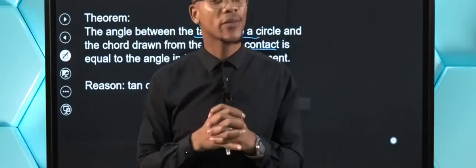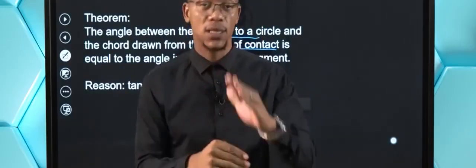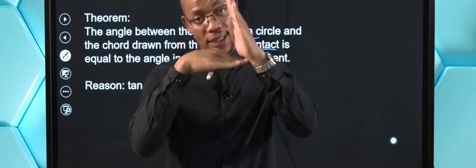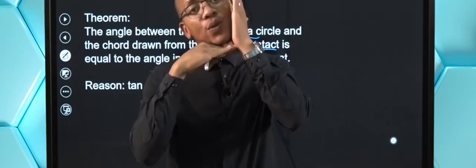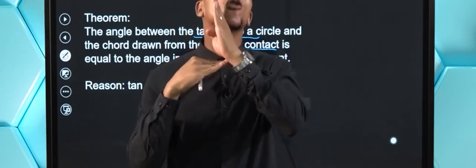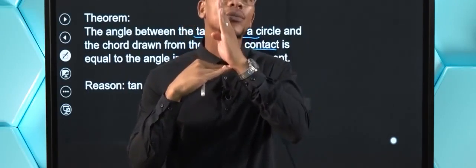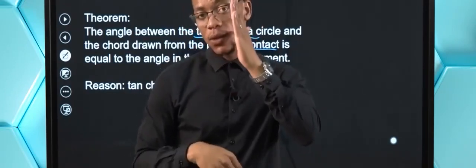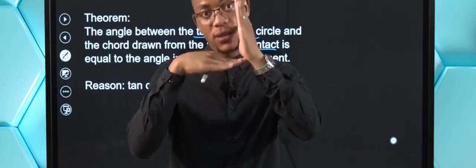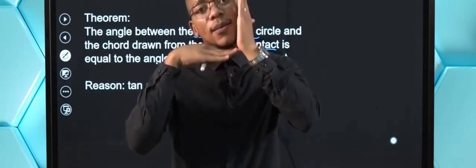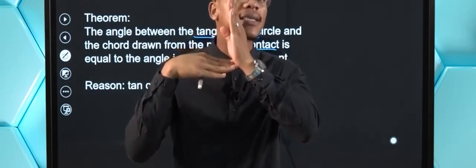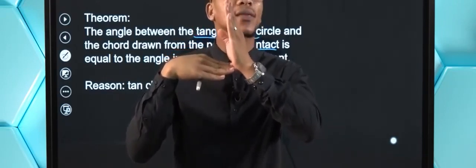I'm going to show you with my hands. I hope you can follow this, right? This is my chord. This is my tangent. The angle in between here must be the angle opposite this chord on the circumference. I repeat, this is my chord, this is my tangent. The angle here must be the same as the angle opposite this particular chord that I have here with this